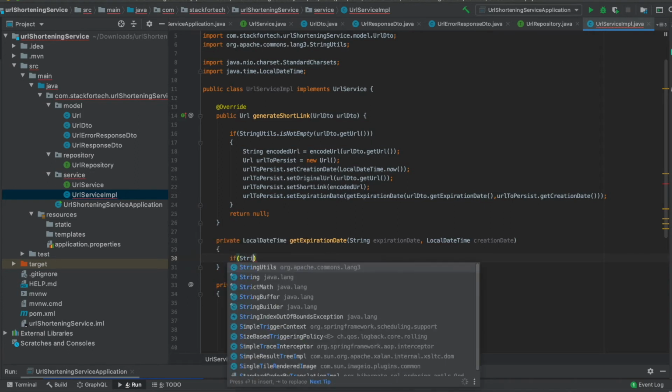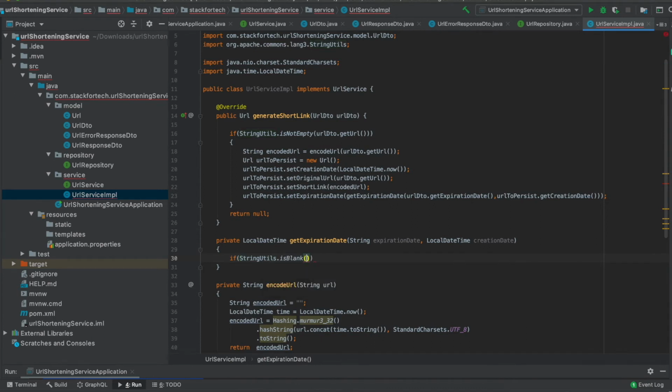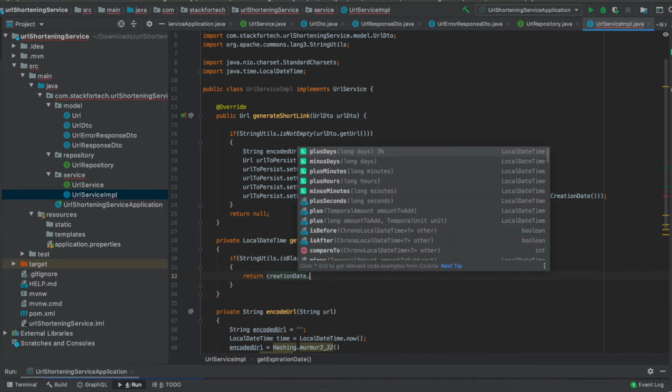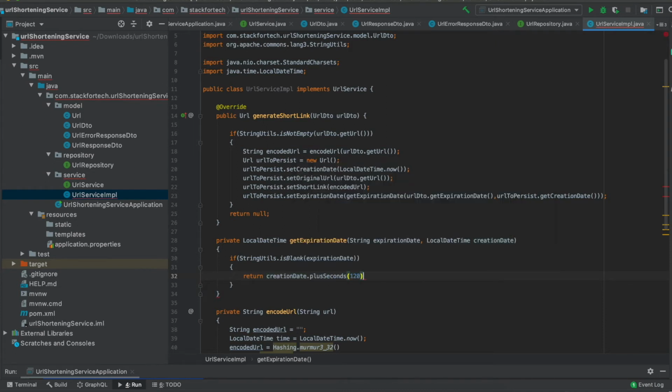If StringUtils dot is blank, the expiration date is blank, which means the user has not provided it, then what we can do is return the creation date dot plus, and we can add minutes or seconds, right? So we will add, let's say, 120 seconds to it. Okay, so we have returned back, or maybe let's say we will be adding 60 seconds. So after 1 minute it will be expired, and if the user has provided it, then what we can do